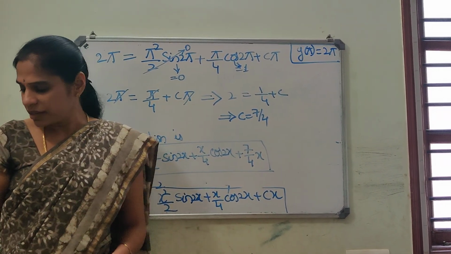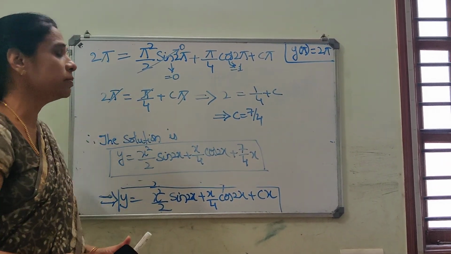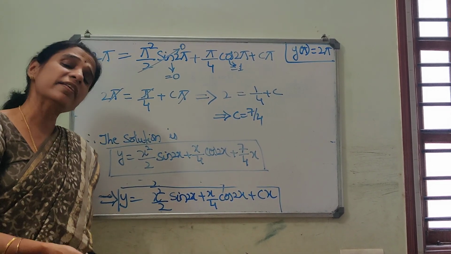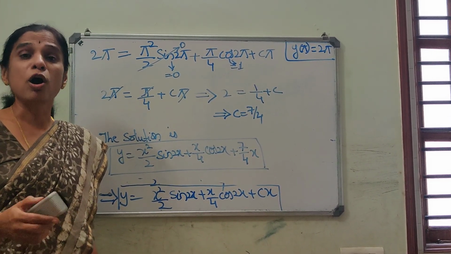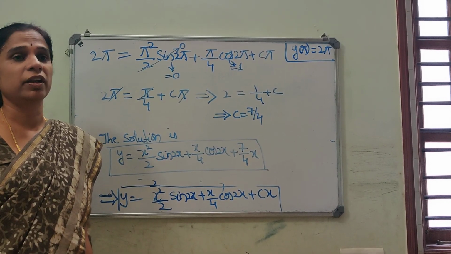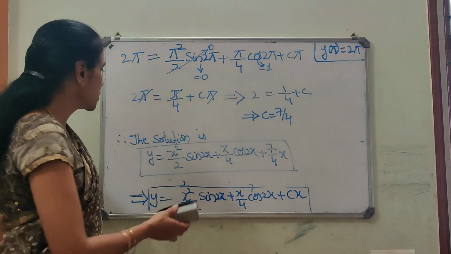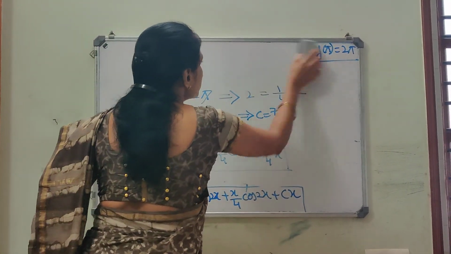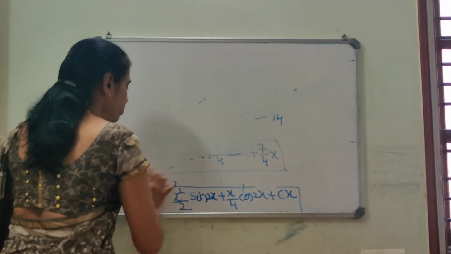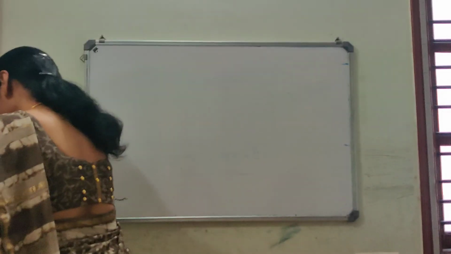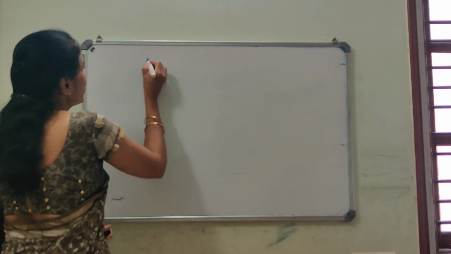So what we have done here is we have considered two different problems. One was directly in the form dy by dx plus py is equal to q. The other one was not in the standard form. Also there was a condition given. So these are two different types of examples which we can solve by using linear differential equation process of finding the solution. Let me write few examples here for your practice.